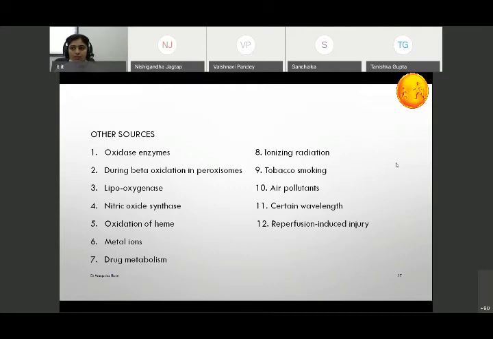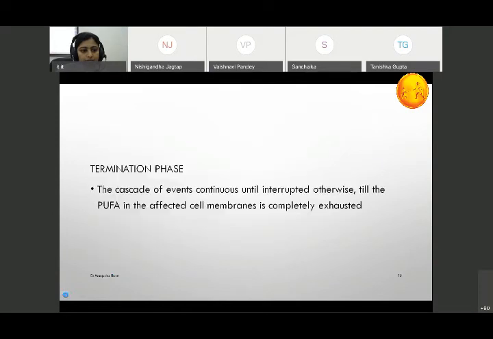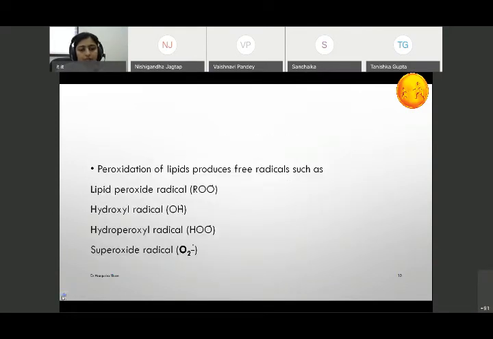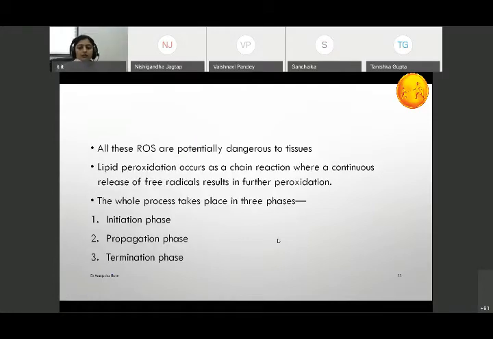Lipid peroxidation may come as a short note. What you will be writing is, lipid peroxidation is the process of generation of reactive oxygen species from lipid, specifically PUFA, that is polyunsaturated fatty acid. Then write down the definition of PUFA. Then you will write down which free radicals are generated by this PUFA. Then you will write down how the chain reaction occurs.